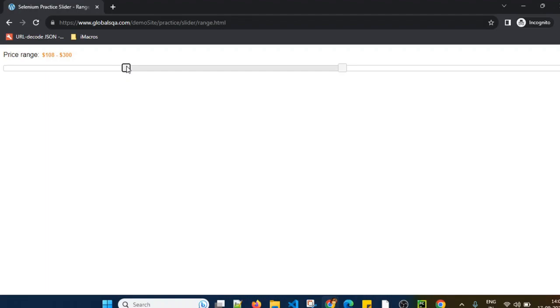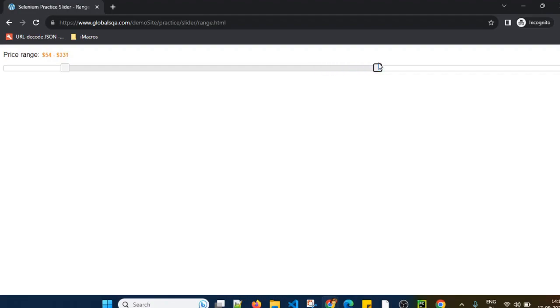If you want to move to the left side, from the current location, let's say the current location is 100, and if you use plus 10, then we move by plus 10. If you use minus 10, we can move in the opposite direction. Similarly, for the maximum slider as well, we can move it using a certain method that we will see practically.